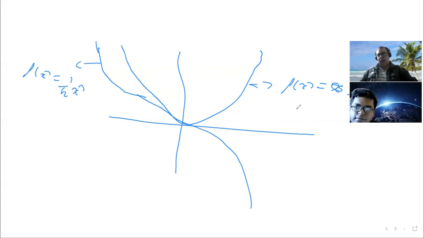So when we are talking about f(x) equal to x square, the domain will be the values going from 0 to minus infinity, as well as 0 to infinity. So it's for all real numbers. But when we are talking about the range,